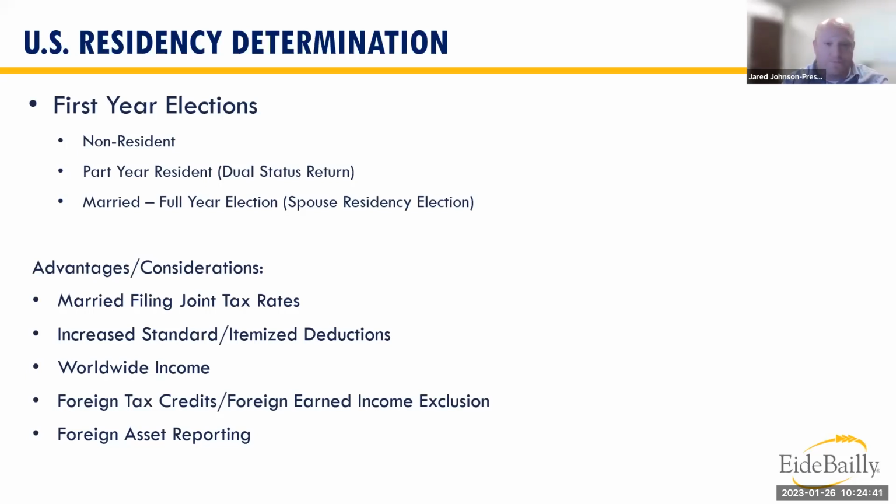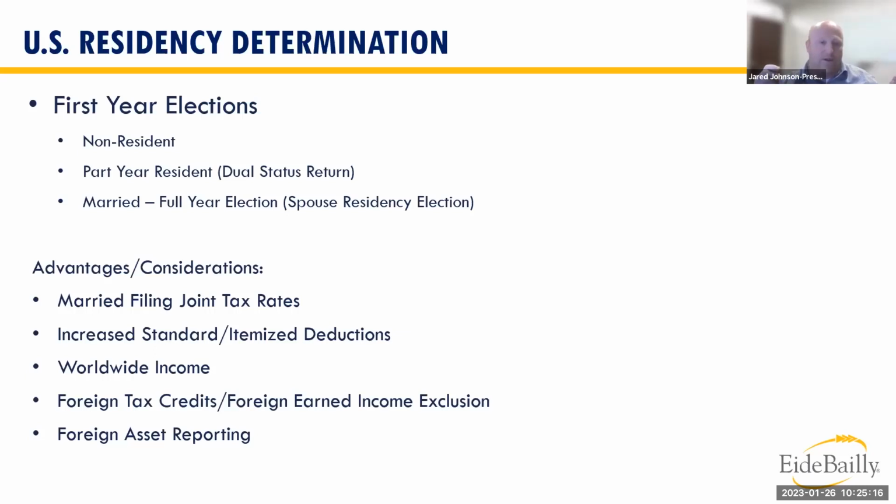If you're married to a U.S. citizen or an individual that is a resident of the U.S., then that spouse can make the full year election to be treated as filing a joint return. That is not always the optimal situation. The married filing joint rates are generally lower than the non-resident or part year resident return rates, but it's still not always optimal because, depending on your facts and circumstances,